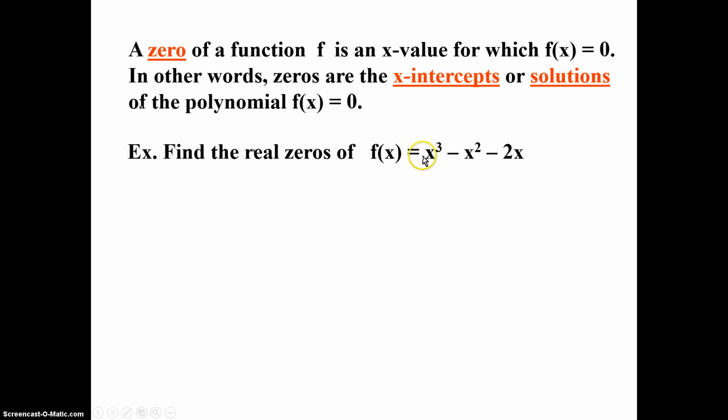Let's identify what quadrants this polynomial starts and ends in. So let's go to the highest exponent term. That's this part right here. Is the 3 even or odd? It's odd, so automatically go to your base foundation, which is a parent function, the linear parent function. And it's going to be a positive line or a negative line. In this case, it depends on